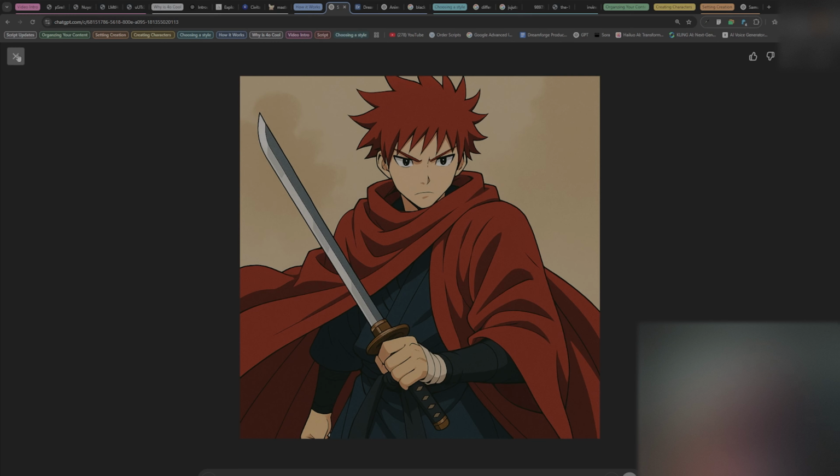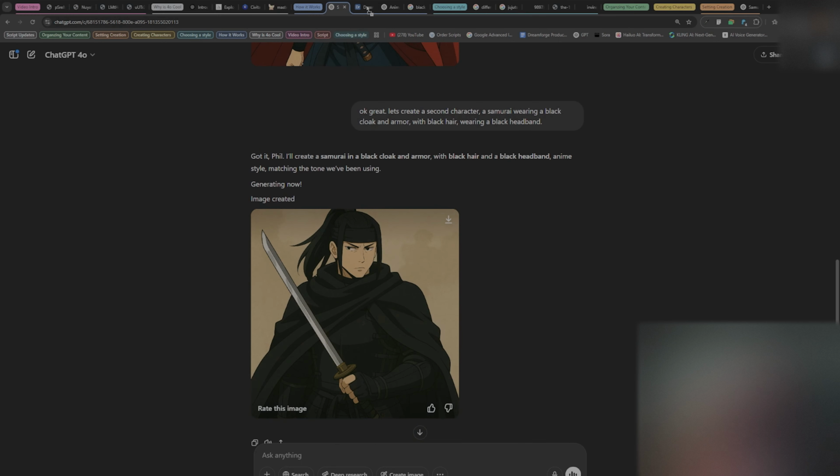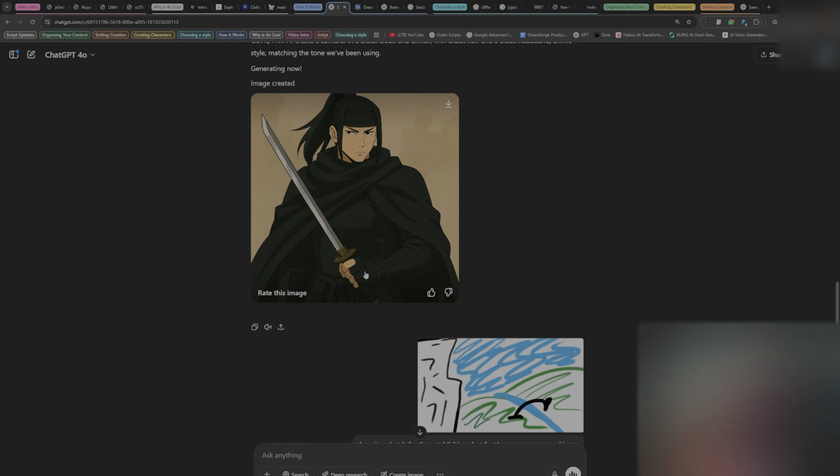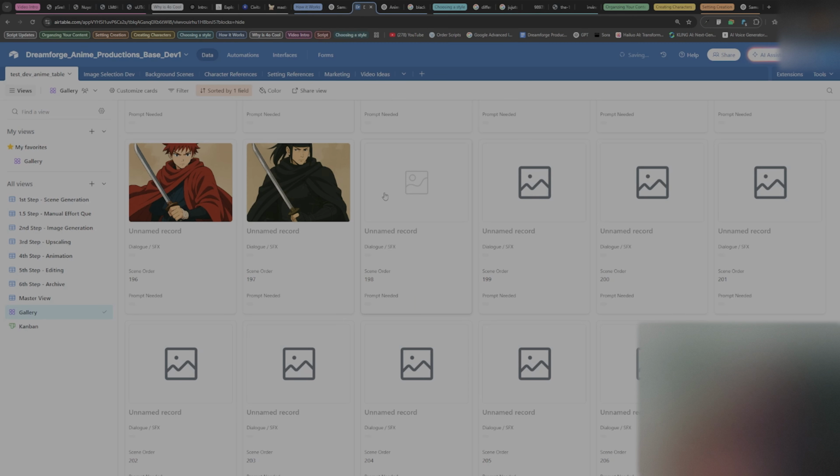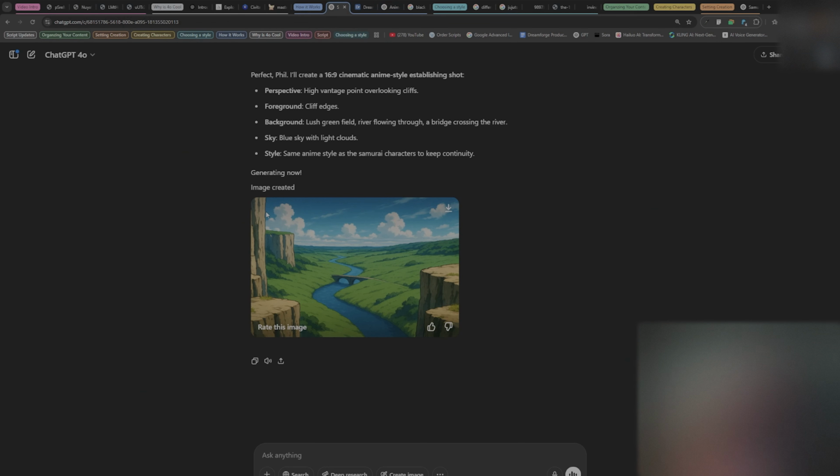I'm going to do this for my red samurai, I'm going to do this for my black samurai, and now I'm going to do this for the scene that they're in. Now, why this is important is because ChatGPT is great, right? It can do a lot of powerful stuff. However, as we start to merge multiple characters into one shot, you will find that it gets confused a little bit. It changes some of the outfits, and the best way to remind it is with an image, not texting it and saying, hey, can you adjust this? If you say, hey, here's what the character looks like,